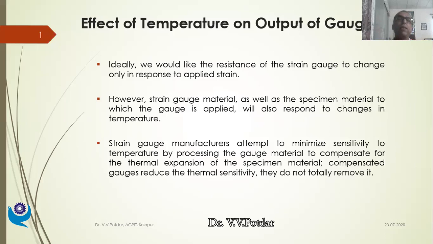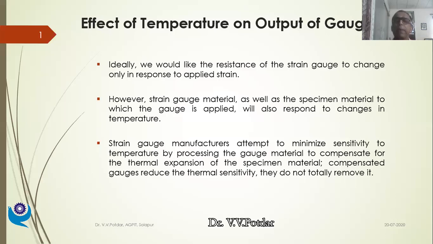Now, let us go back to the last lecture wherein we mounted the strain gauges, we connected the strain gauges to the Wheatstone bridge, and we applied some input voltage and we obtained some output voltage. And that output voltage we thought up till now was dependent on the resistance changes happening in the strain gauges. But if the resistance of that strain gauge wire is changing because of temperature effects also, we cannot find out whether it is because of temperature alone, because of strain alone, or because of the combination of temperature and strain.